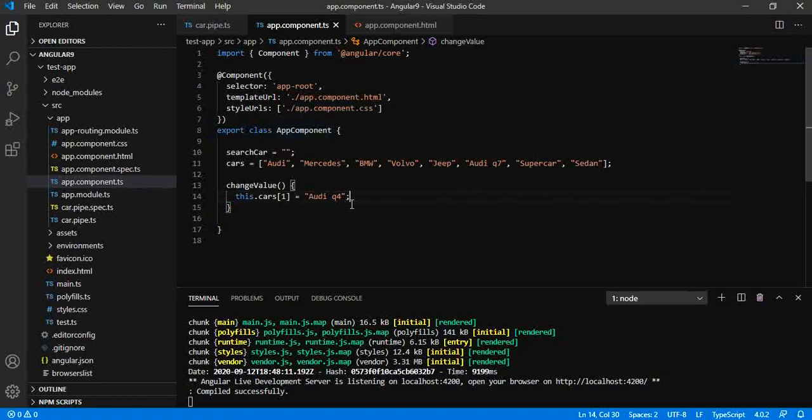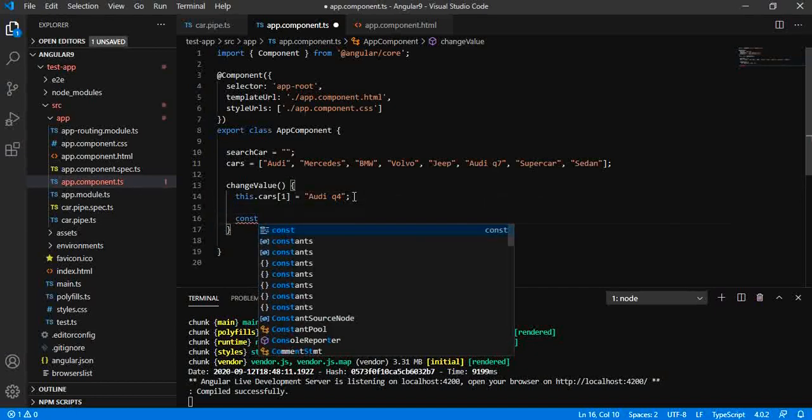But here we are not changing the reference, we are just changing the value of the particular reference. And if you want your object change to be reflected, then we have to create a new reference.